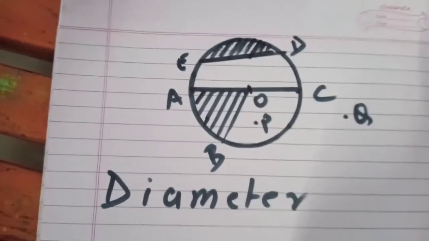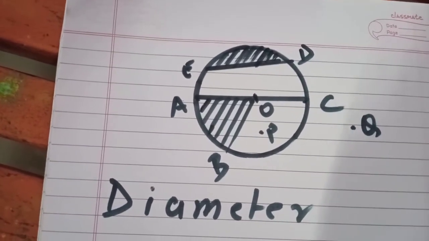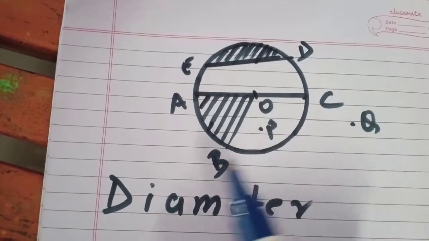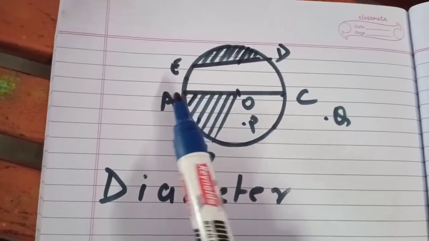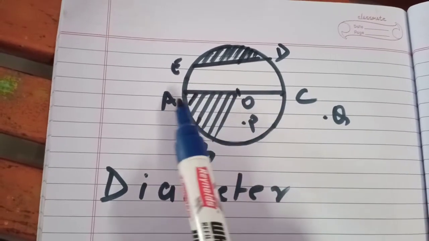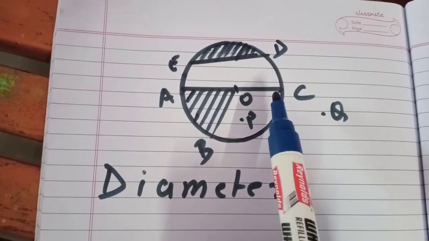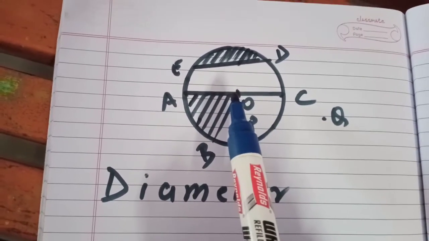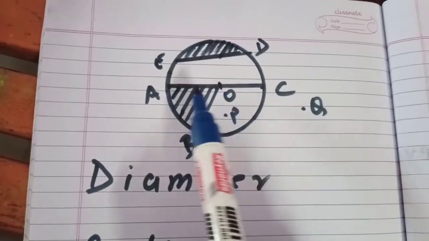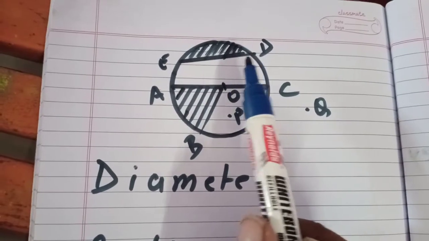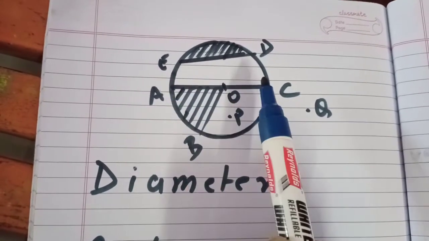So let me try to have a question. Will the diameter of a circle always be a chord? Yes or no? Of course, yes. The diameter of a circle will always be a chord. And now if I say, will a chord always be the diameter? No, it is not necessary that all the chords in a circle will be its diameter, as you can see